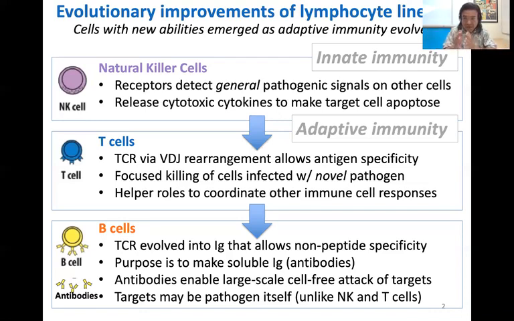200 million is pretty recent, right? It was really just part of the vertebrate evolution. So in B cells, you can think about it this way: T cell receptors evolved into immunoglobulins that allow non-peptide specificity, right? An immunoglobulin can bind anything. Yeah, it can bind a small peptide, but it can bind carbohydrate, it can bind fats, right? Other things, or a bigger protein, anything that the little immunoglobulin's antigen binding arms are the right shape to detect,